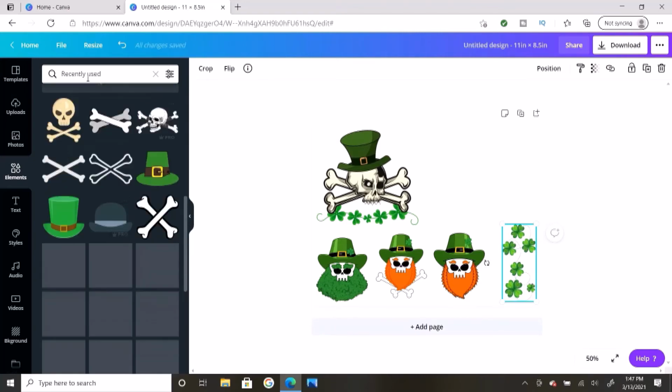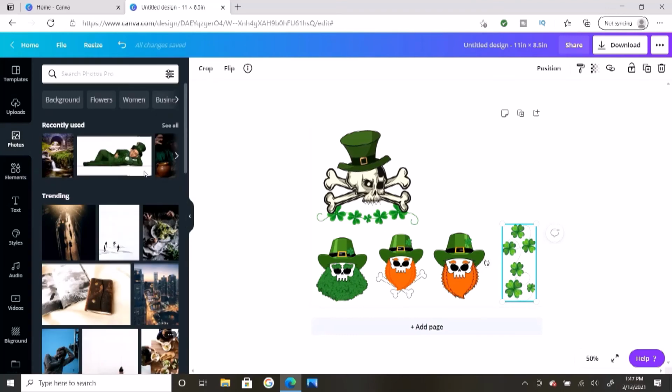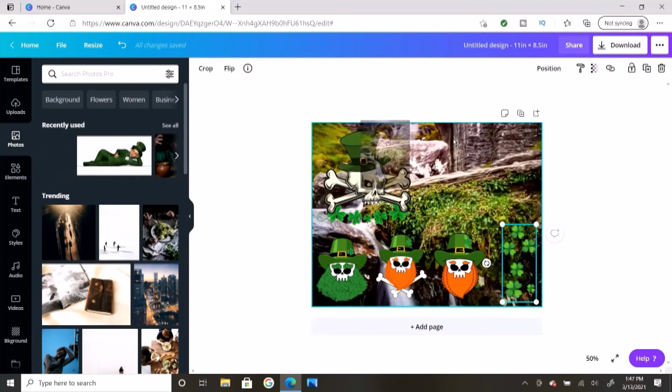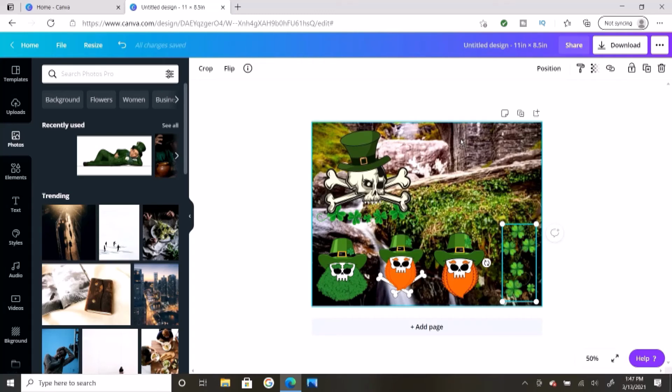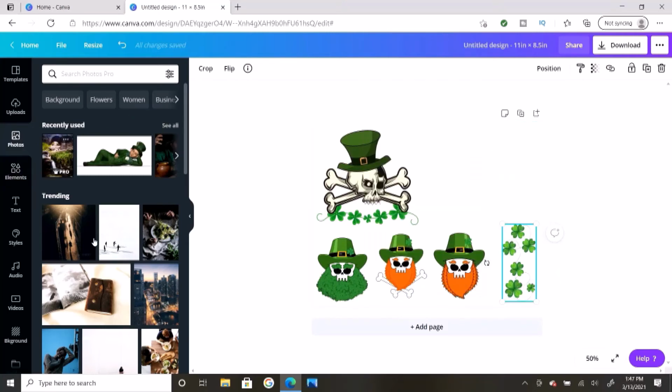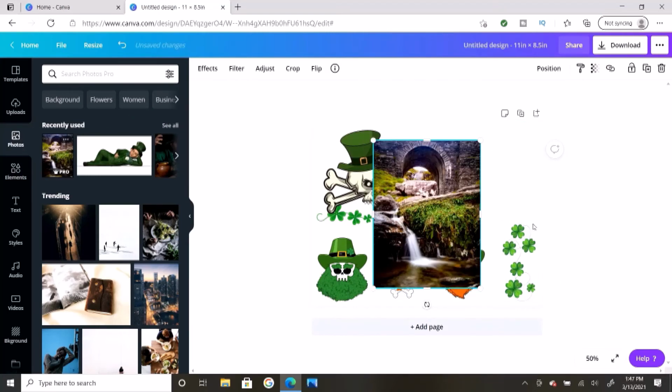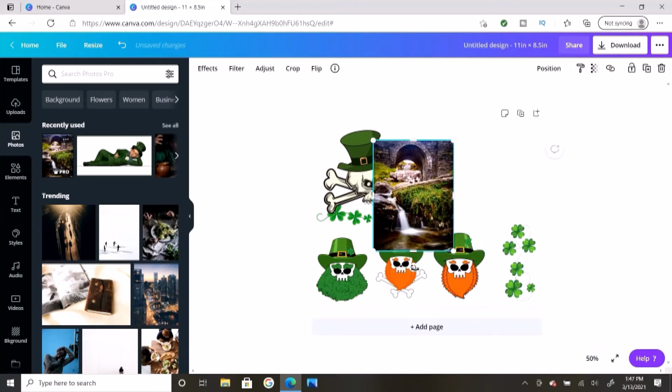And I'm going to come back to photos and grab this one. See, if I come and put it in a corner, if a corner hits a corner, it's going to try to fill up the whole background. A photo is, but I don't want to do that. And if I just click on it, it's going to bring it at that size. So I'm actually going to make it a little smaller, and I want it in this corner up here,